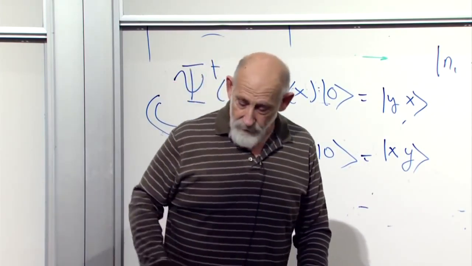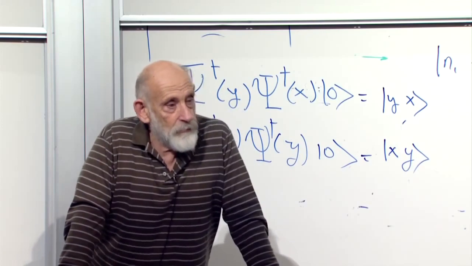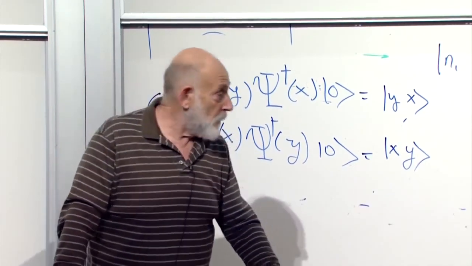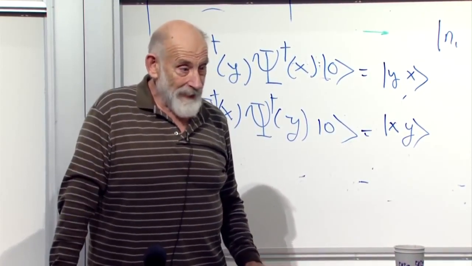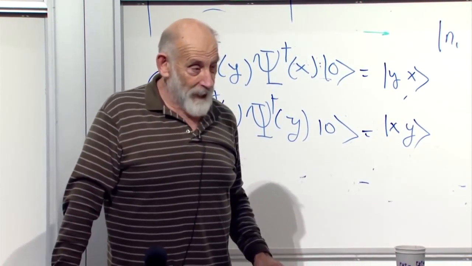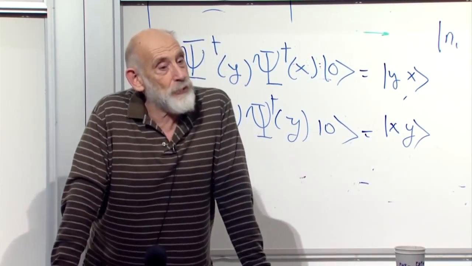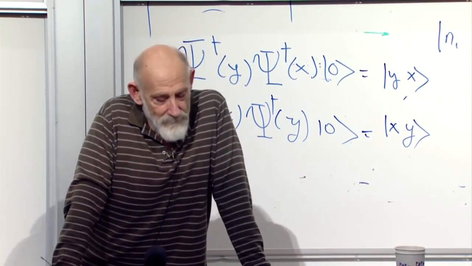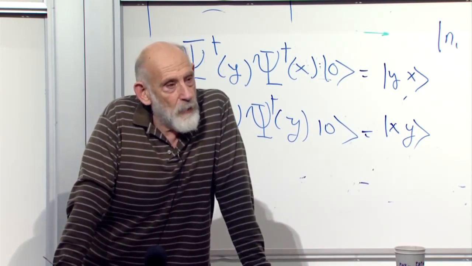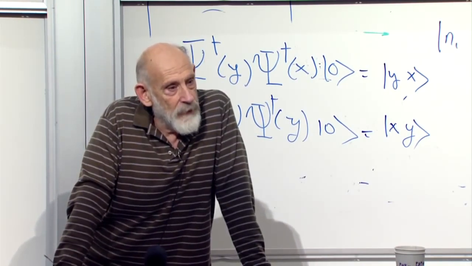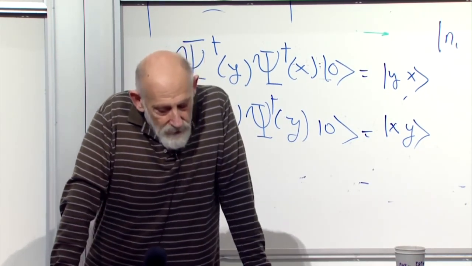So I didn't really have to say from the beginning, well, we're going to study bosons. I could have started with this construction, and we would have derived that the particles studied this way are bosons. So the interesting question is, well, how the hell then do you make fermions? Yeah. That's more abstract. So does this imply that X and Y are the same kind of boson? X and Y are positions. Yeah. They're the same kind of bosons. That's right.